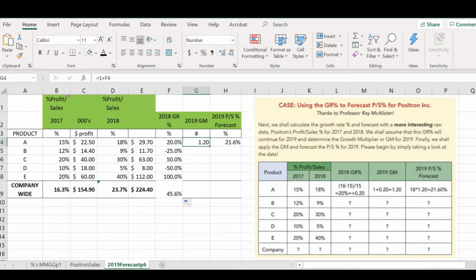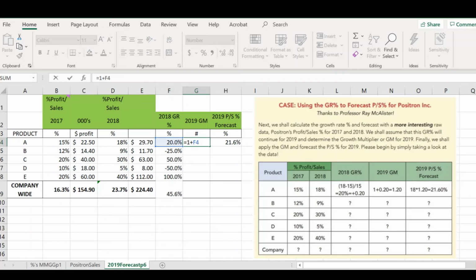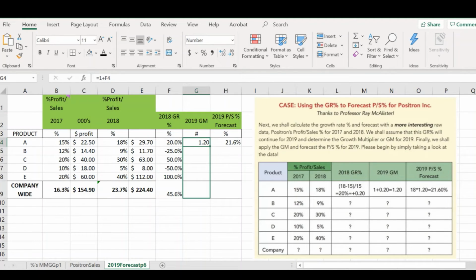We also know that our growth multiplier is simply 1 plus whatever that growth rate percentage is. Okay, super. So we just add 1 to our growth rate percentage on profits. So now we know our multiplier here is 1.2. Our multiplier for product A will be 0.75. For product C, it will be 1.5. And again, we're doing the growth multiplier, which is a number, and I use this in 2 decimals,